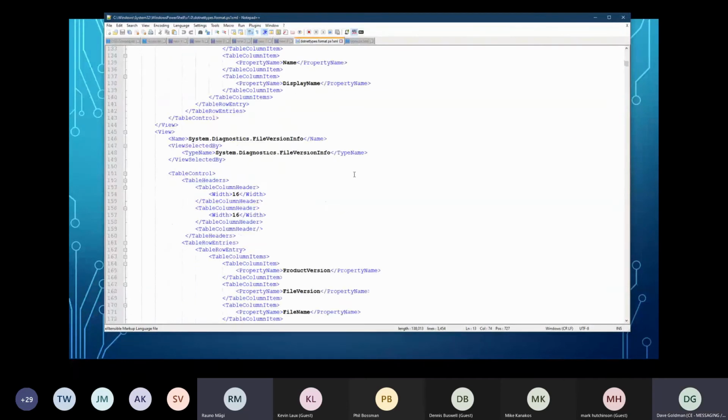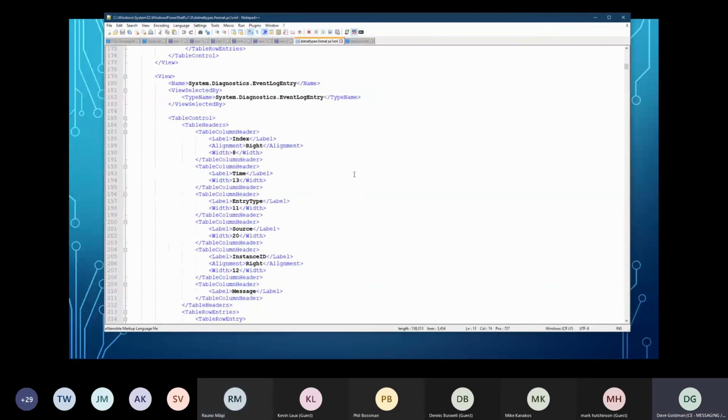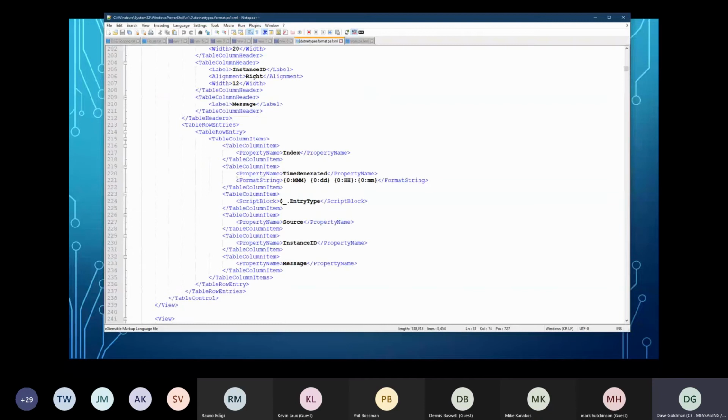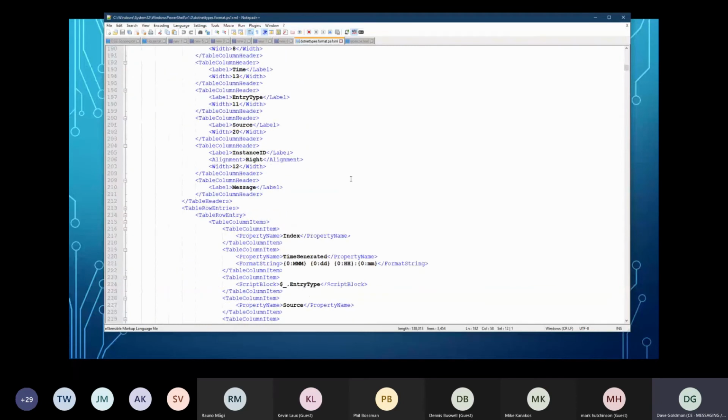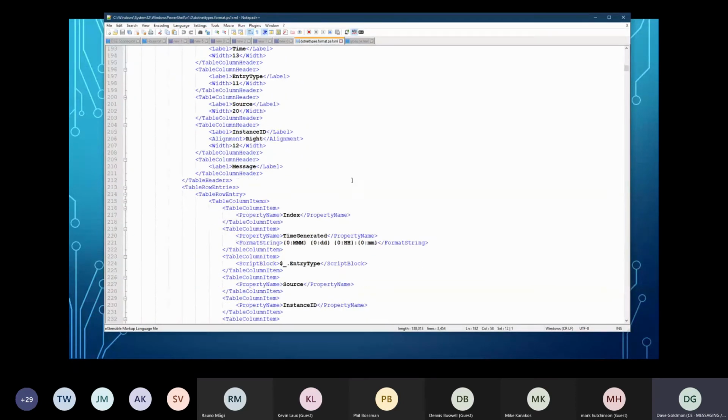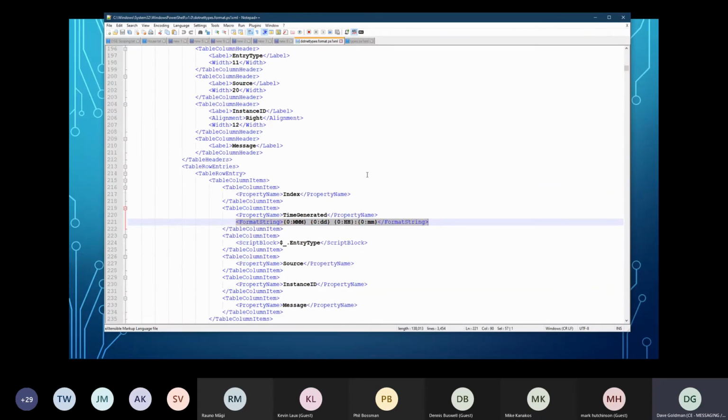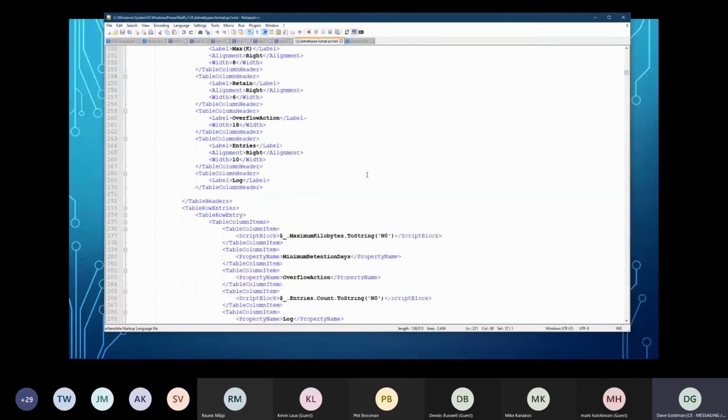Yeah, that you can do, and I have an example of that, and I will show you how to do that. It's here. This is one example, but if you're looking at an event log entry, when you're formatting the table, you can actually put code in here. So they're using a formatting string for this. I have other examples in mind.